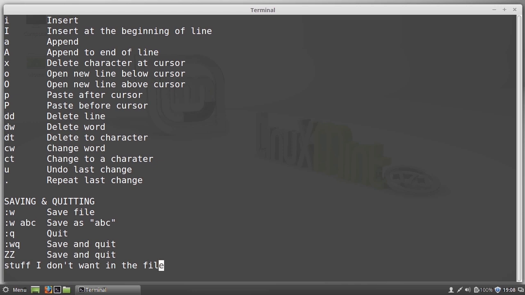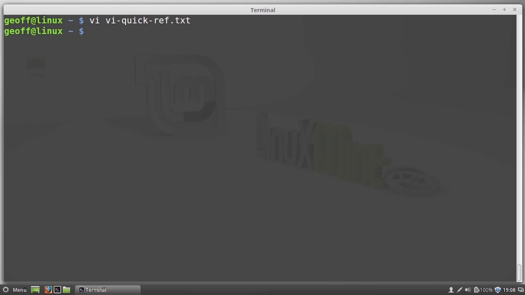If I go :WQ without doing a save, VI actually will stop me. It will say, hey, don't do that. You haven't saved yet. And it tells me the answer. Add an exclamation point to that. So if I type :Q exclamation point, :Q bang is often how you'll hear it said, I can go without